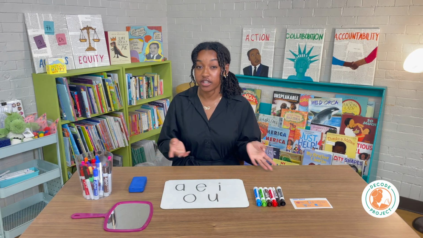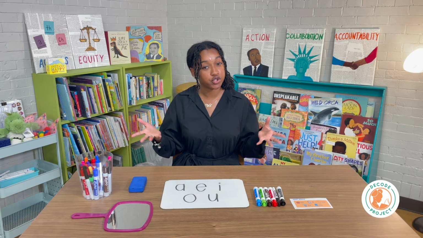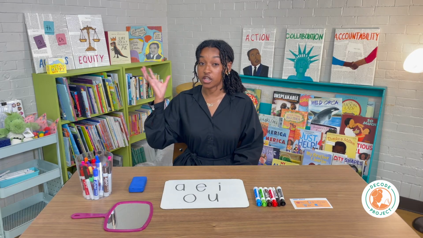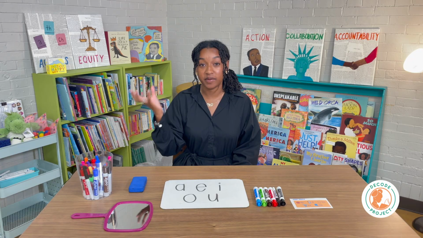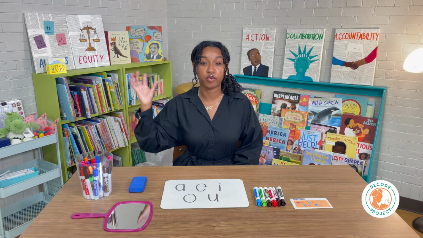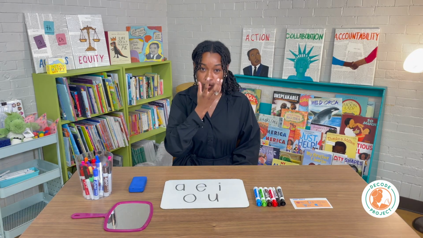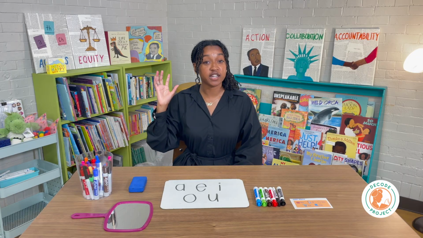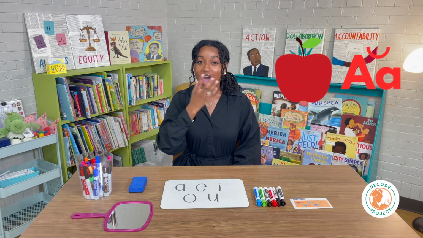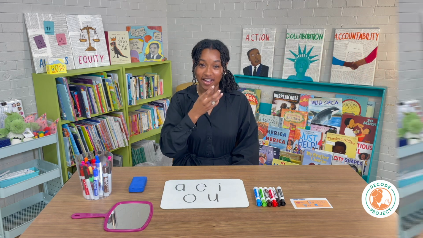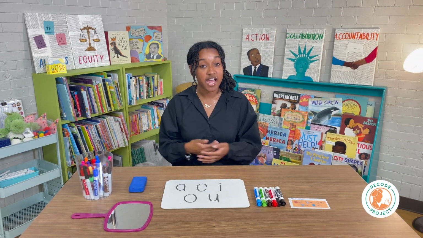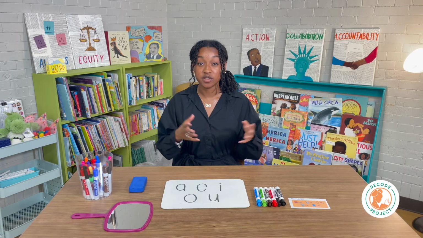To remember this with our decoders, we're going to use a special motion. So we're going to start with our hand right here like we're holding a big apple. And we're going to bring it around like we're taking a huge bite of our apple. While we do this, we're going to say apple, apple, "a." Now that we learned our short vowel sound and motion for A, I'm going to move on to our next